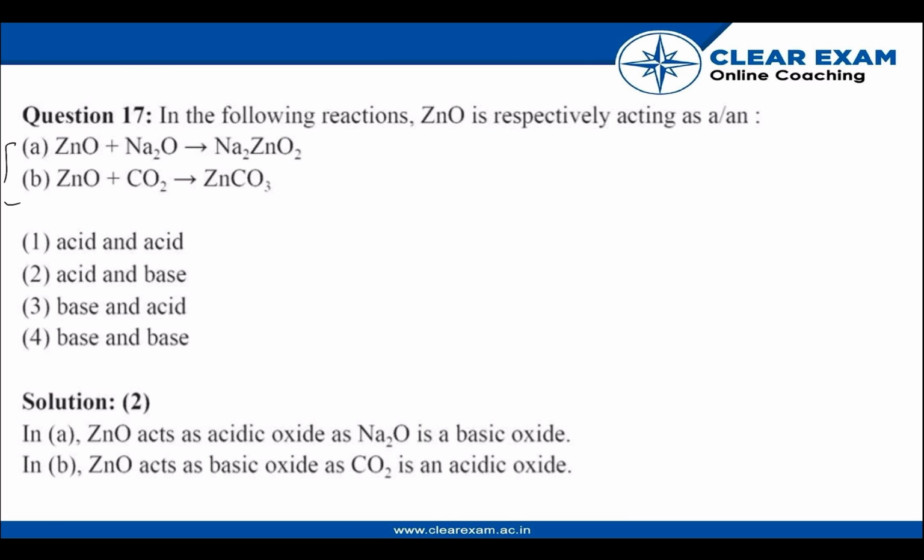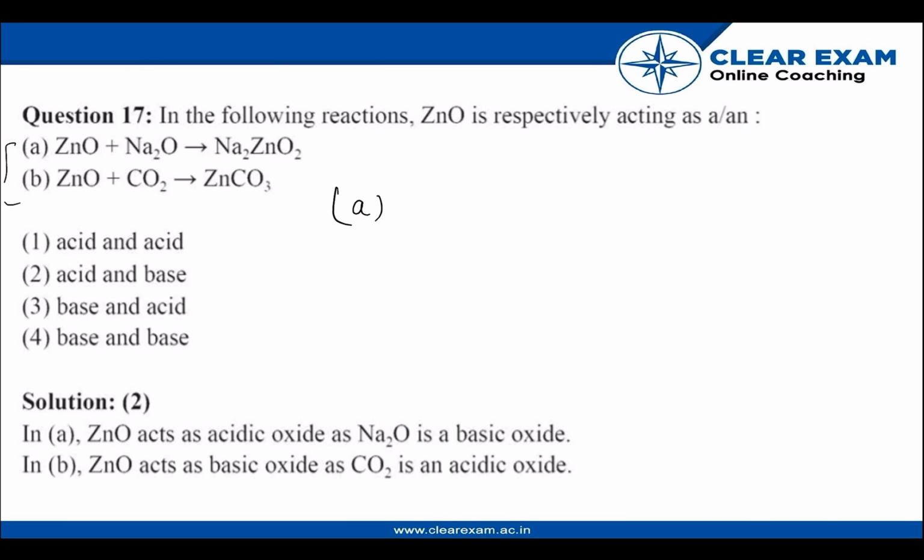ZnO is an amphoteric oxide. Now what is an amphoteric oxide? It is a compound which can act as an acid in the presence of a base and as a base in the presence of acidic compounds. So in this case, option A, the